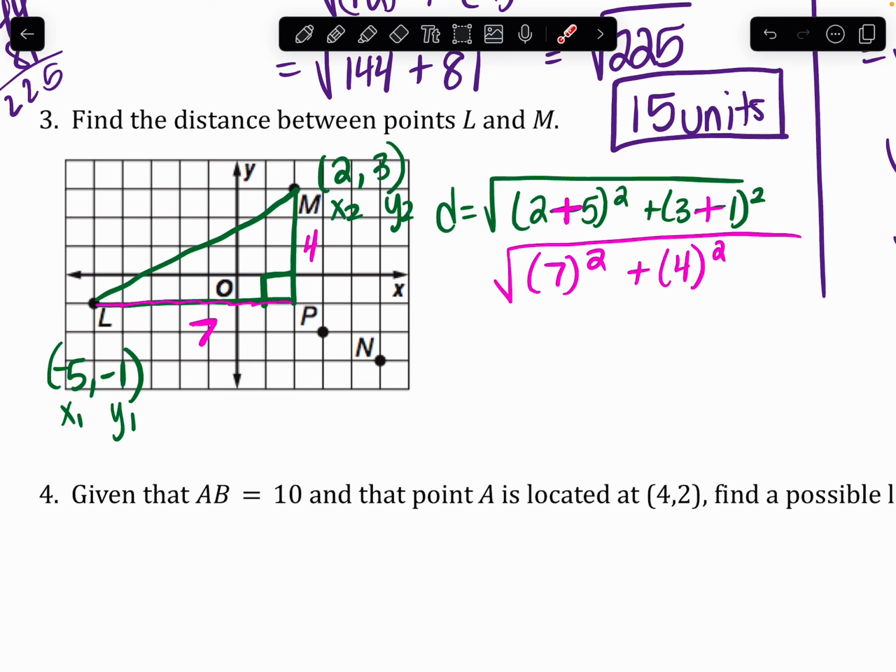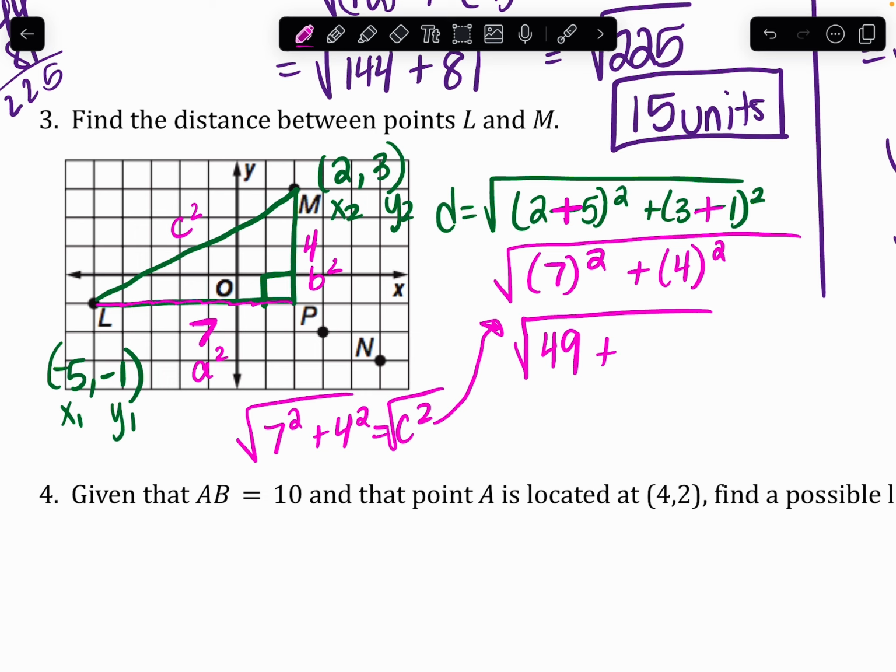And if you think back to a squared plus b squared equals c squared, it would be 7 squared plus 4 squared equals c squared. And then to get c by itself, you would have to take the square root of both sides. And ta-da, you have the distance formula, which is also how you find the hypotenuse of a right triangle. So that is where the distance formula comes from. So we'll finish solving this. You're going to get the square root of 49 plus 16, and 49 plus 16 is going to give me